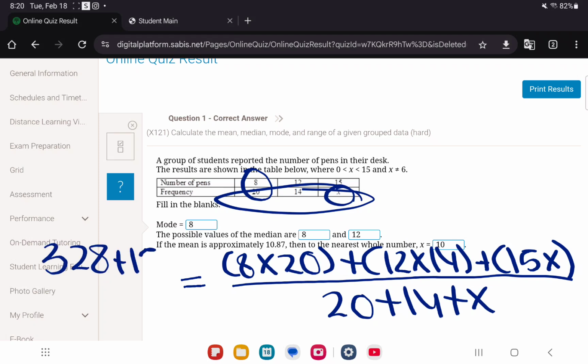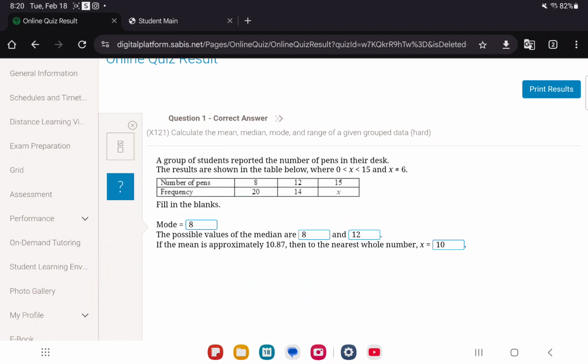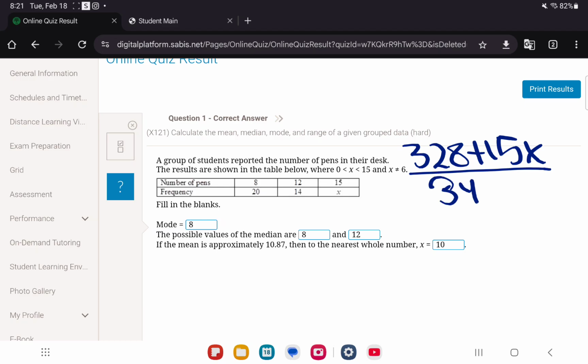328 plus 15x over 20 plus 14 is 34, okay? So 34 plus x. So now I'm gonna remove all this so we can just have our equation clean. So 328 plus 15x over 34 plus x. And remember, they told us the mean, they already gave you the answer, and it's equal to